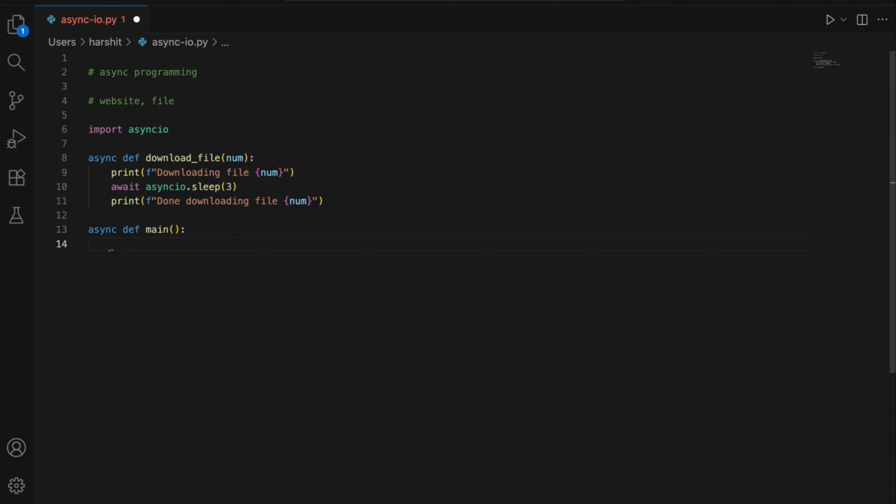Inside our main function, instead of doing this, actually let's just call the function that we just created. So I'll simply say download file number 1, download file 2, and let's call it again for the third time, and let's pass 3. After I've written these 3 lines of code, I'll say await